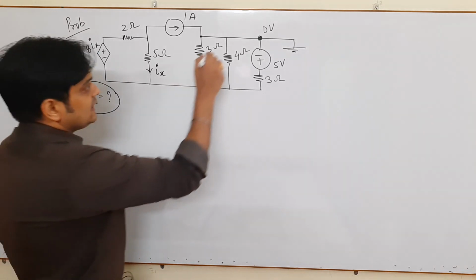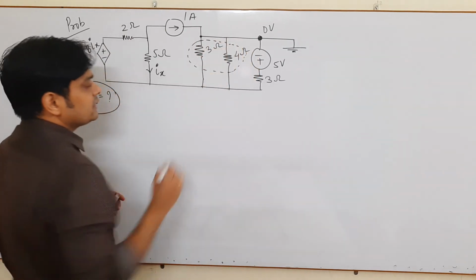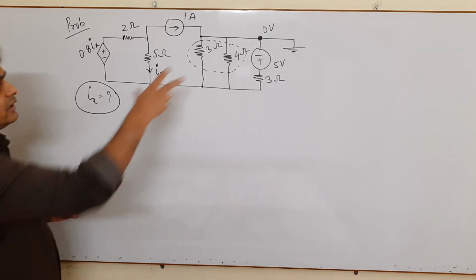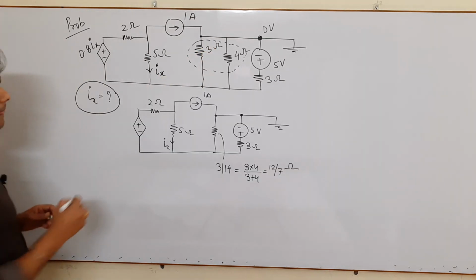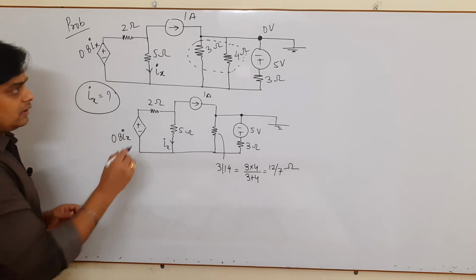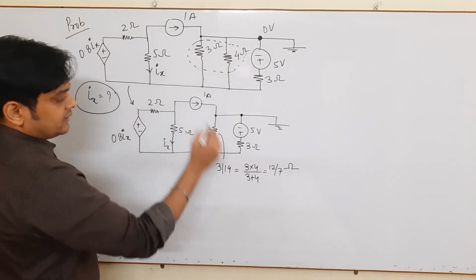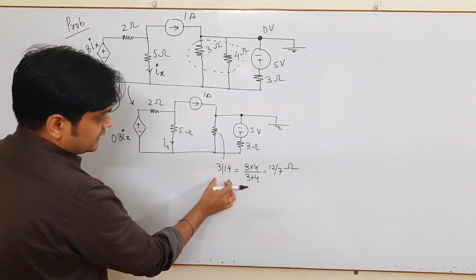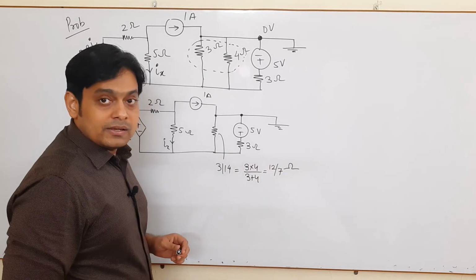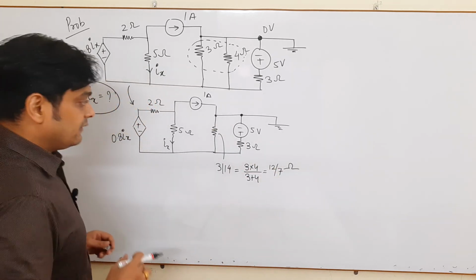If I consider these two resistances are in parallel, very important thing, can I solve this network? Yes, I can solve this network and make it a parallel resistance. Now see, I have redrawn this network here. These two resistances are in parallel. I have solved this resistance: 3 parallel 4 comes to be 3 into 4 upon 3 plus 4, that is 12 by 7 ohms.